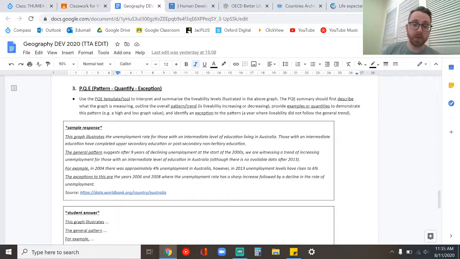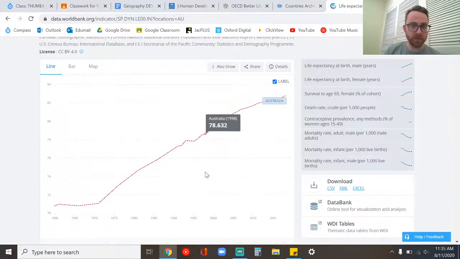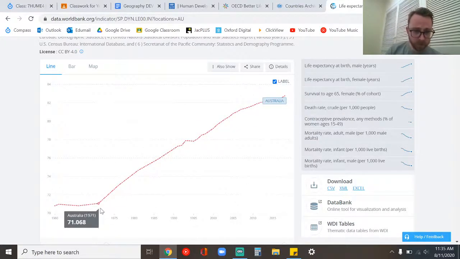Usually there will be 1 year where the pattern has been broken. So maybe education is improving every year, except in 2008 when Mrs. Hapley was hired as a teacher, and then it came down, but then it went back up. You just need to look for something on your graph that doesn't quite fit the pattern. You can see everything's a nice little straight line up here, and I've got a weird little bump here. That might be my exception. Or I might talk about this down here at the bottom as my exception. So it increased pretty steadily from 2015 to 1970, but here, nice and slow. Oh, sorry, this is life expectancy, not education. Anyway,